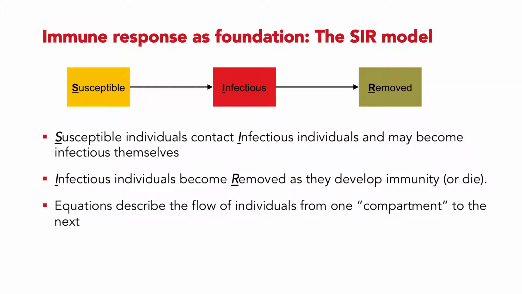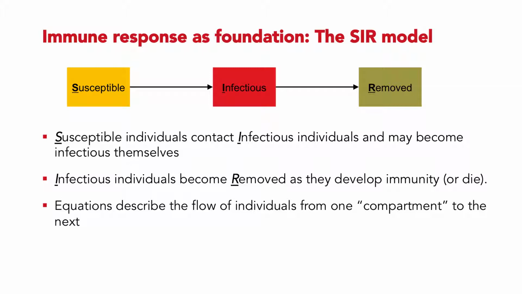So this is a textbook SIR model. It represents a population of people who flow from one compartment or box to the next, and it's generally assumed that everyone starts in the susceptible compartment, except for one individual who's going to start in the infectious box. This is our patient 0, and he introduces the new disease into the population. And now as susceptible individuals become sick, they're going to join patient 0 in the infectious box until they either recover and acquire immunity or they die. In either case, we say they are removed from the infectious state,